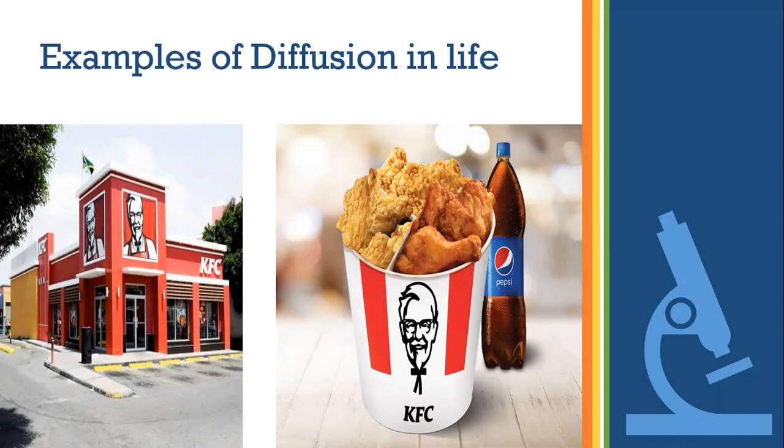Sometimes we're passing KFC and we really didn't plan to buy any chicken. But then this wonderful theory of diffusion allows the particles from inside of the kitchen in the KFC to diffuse outside, and now we're able to smell it at a distance. And guess what? We take our time and we go closer and closer, and before we know it, we're walking through the door with a bucket of chicken. Never planned, but here we are with a bucket of chicken because of diffusion. So that's what diffusion is. You can go ahead and write more examples of diffusion below.